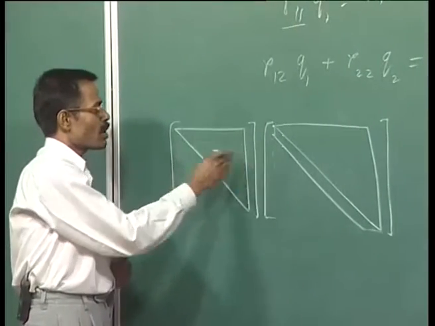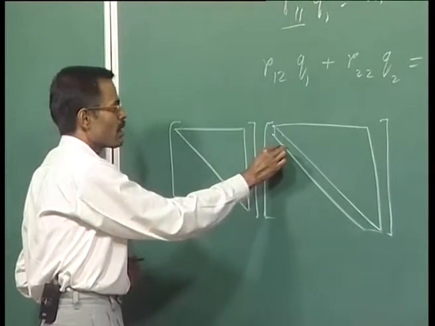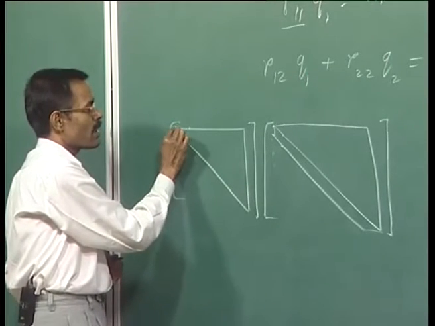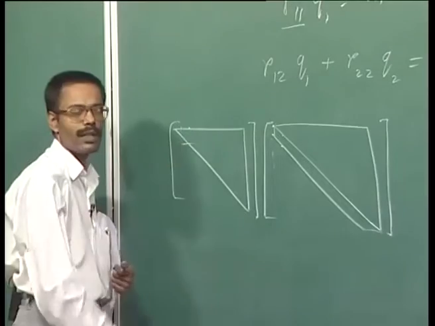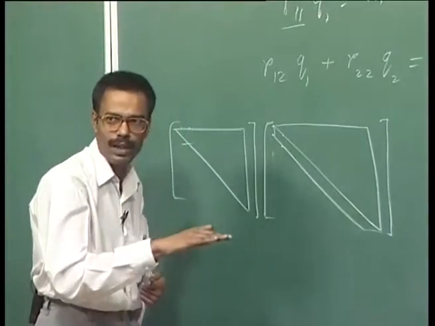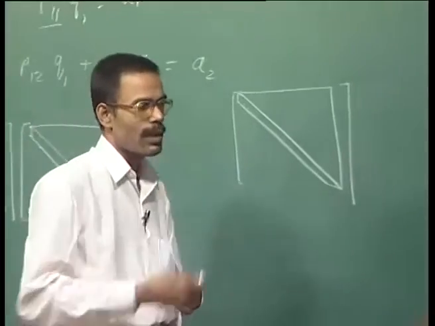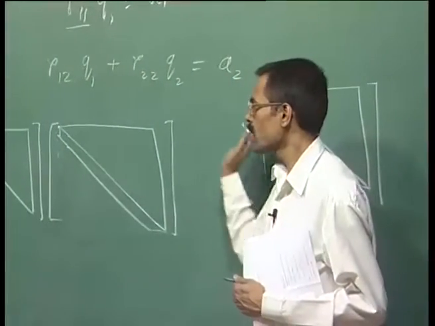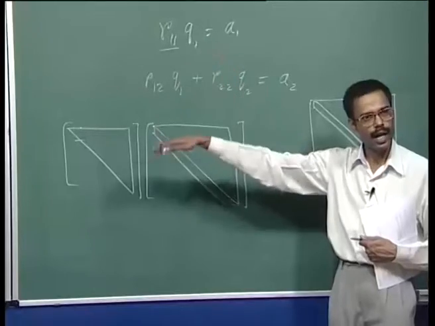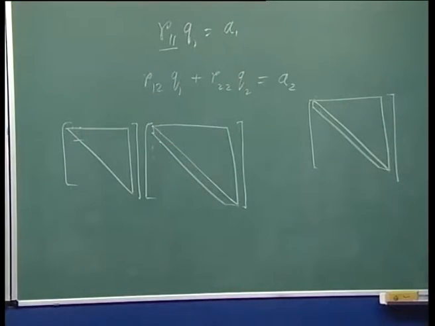Next, the second column of the product will be these 3 things into these 3 columns, and these 3 columns have up to only third entry. So, the second column will have only top 3 entries which are non-zero, and so on. That way you will find that if the original matrix is Hessenberg, then so is Q and so is R Q. So, that means if A is in upper Hessenberg form, then so is A prime. And now, symmetry preservation and upper Hessenberg form preservation together will mean that if the original matrix is symmetric tridiagonal, then the new matrix is also symmetric tridiagonal.